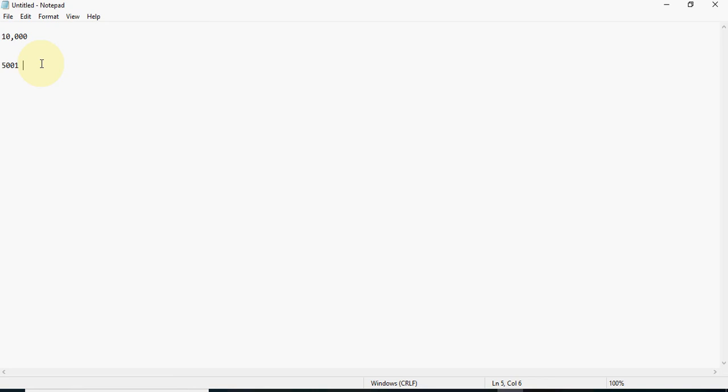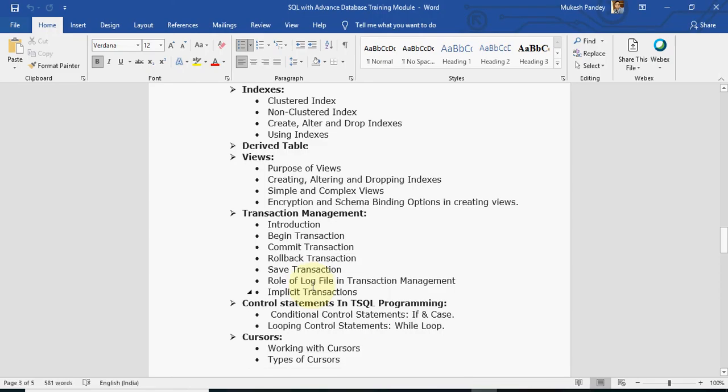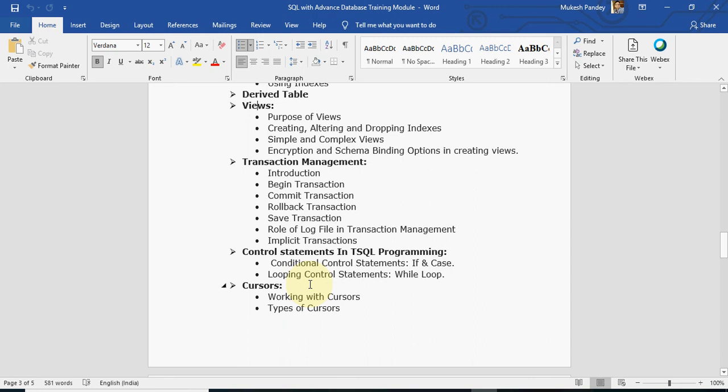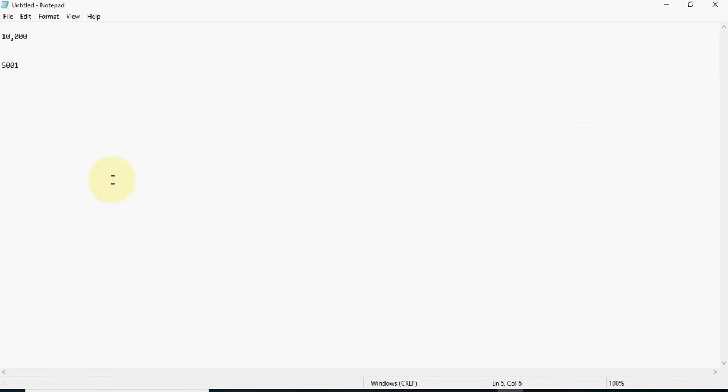For this purpose, we can use transaction management. Okay, so this is the concept of transaction management. When we execute the code in the stored procedure, I will let you know how we can implement it.